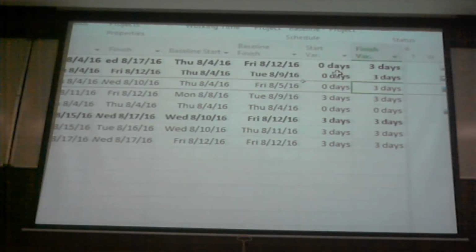So you can put in the actual values in start and finish. Sorry? You put in the actual values in start and finish. My suggestion, don't do that. Because start and finish represents your forecast. For tasks that are already completed, start finish represents actual start and actual finish. Bit confusing? Okay, let me make it clear. Start finish represents your forecast. Remember that. For a task that is already completed, forecasting cannot be done. So in that case, start finish is actual start and actual finish.